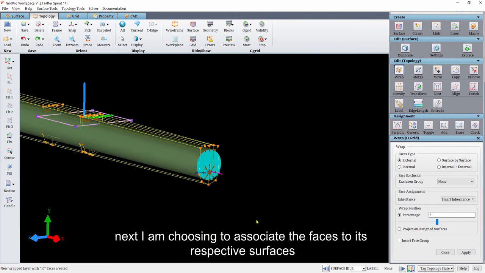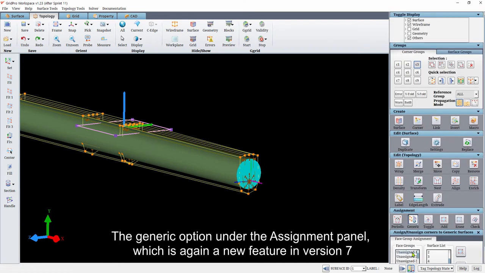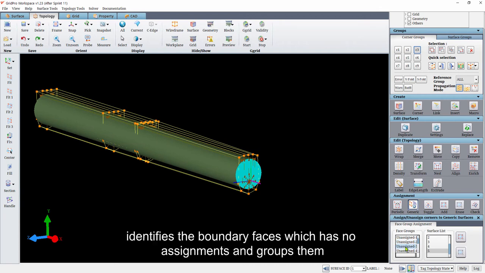Next, I am associating the faces to their respective surfaces. The generic option under the assignment panel, which is again a new feature in version 7, identifies the boundary faces which have no assignments and groups them.